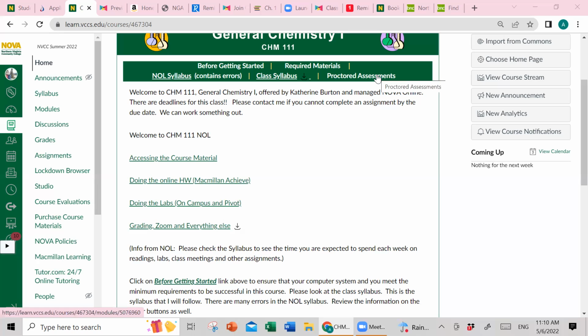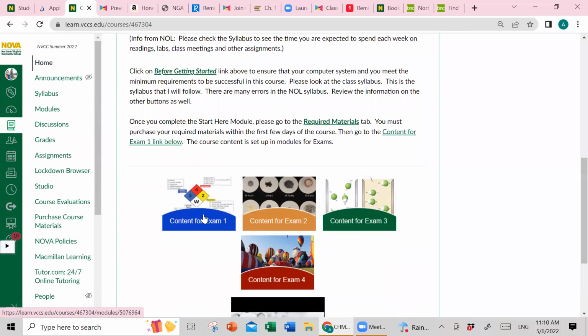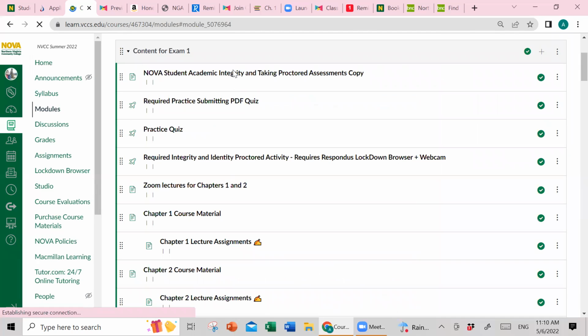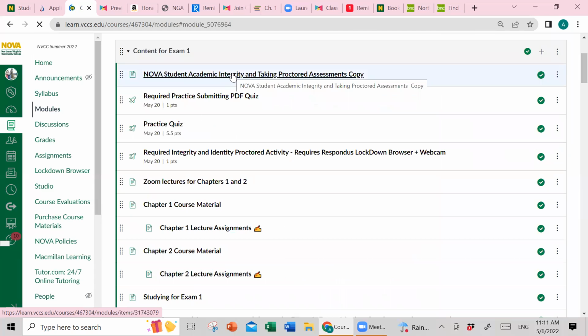And now the question is, how are you going to actually learn the material? So everything is organized in terms of modules, and I've organized it in terms of the exam that you're studying for. So if we start for content for exam one. So content for exam one is the first module, and you're going to start with making sure you have read the academic integrity